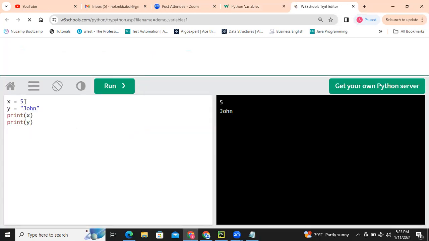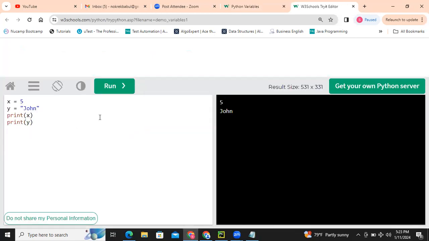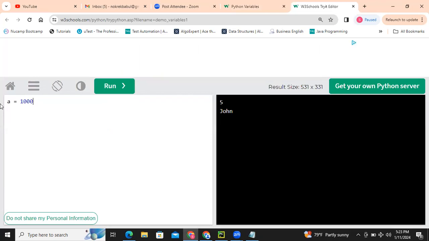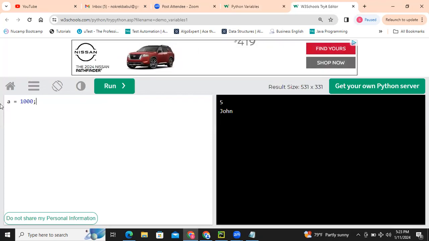We can access it. x is 5, y is John. And you can also say a equal to 1000, for example. A very important thing to note is we don't need a semicolon in the Python language. We don't have termination. In Java we have it, but in Python we don't need it.